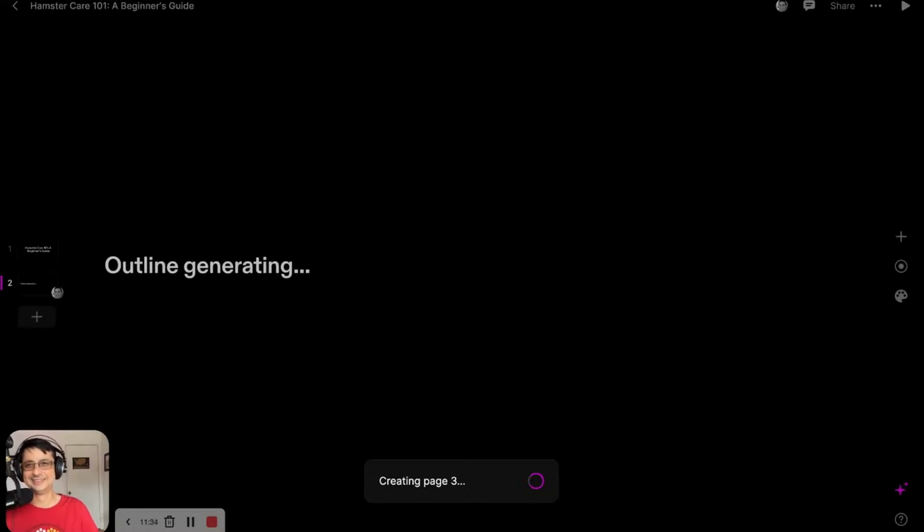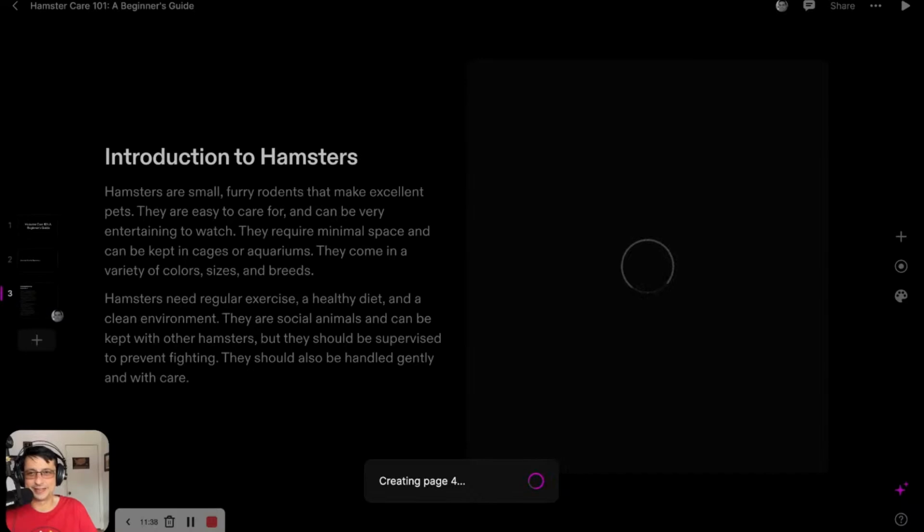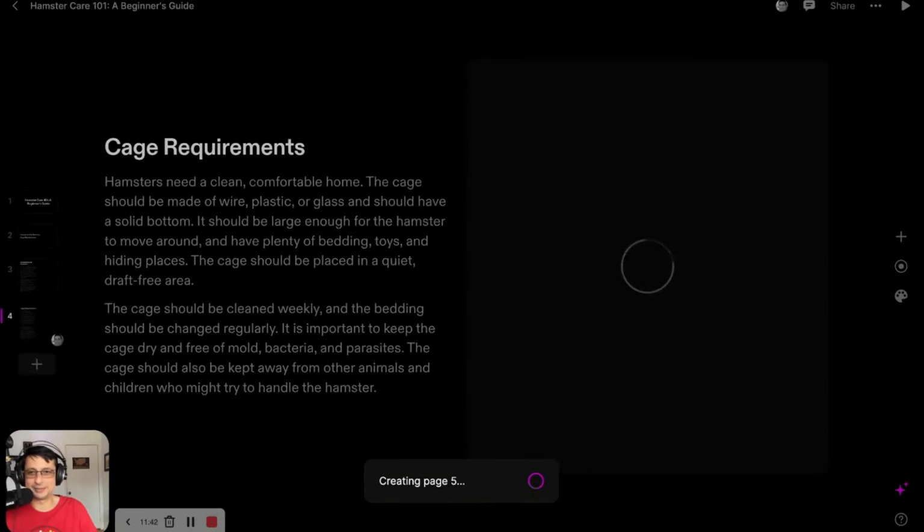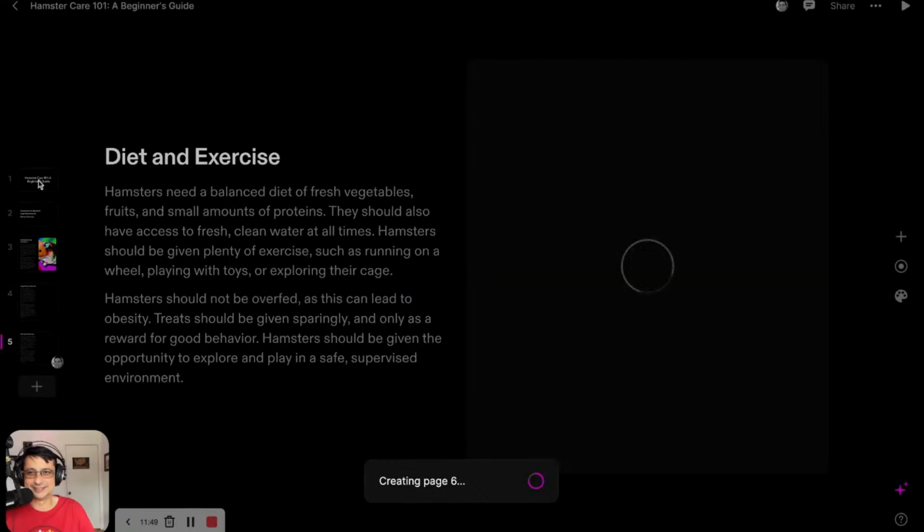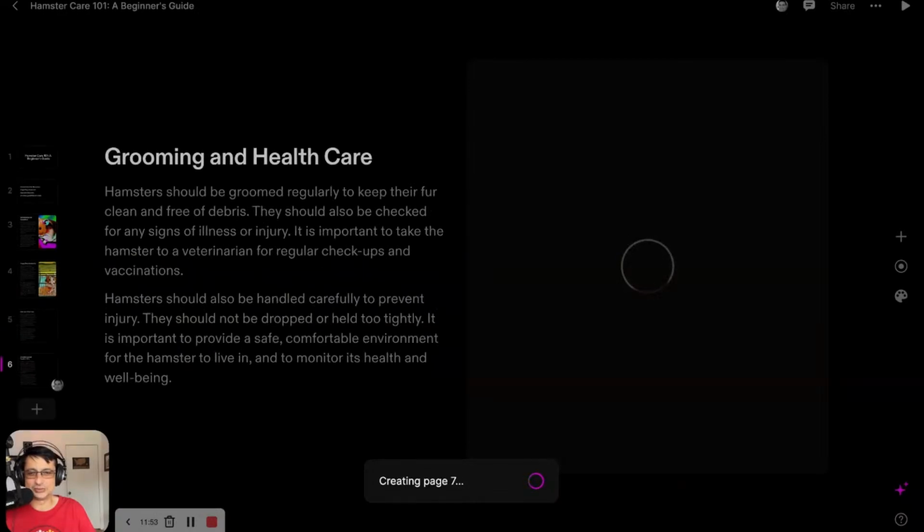I love it. I love it. Let's see. Hamsters are small furry rodents that make, okay. Ooh, this is interesting. Cool. So, maybe there's a way different